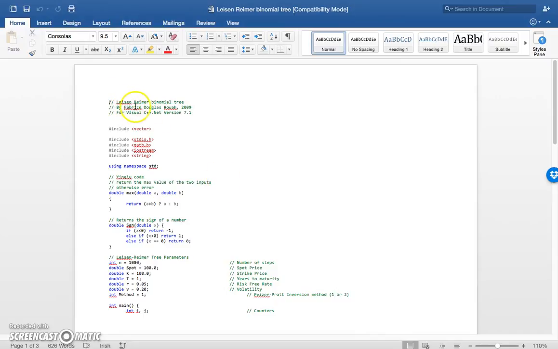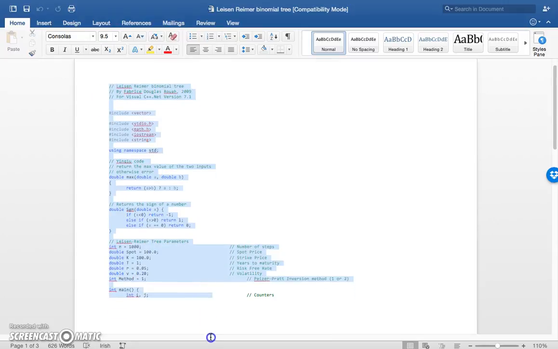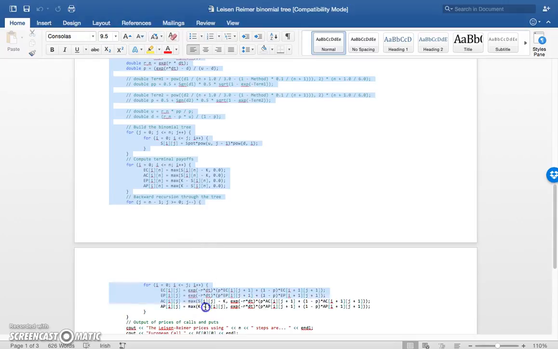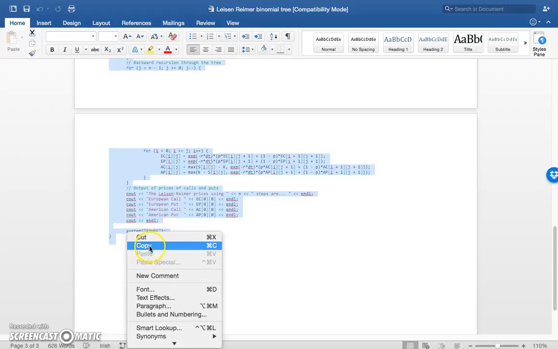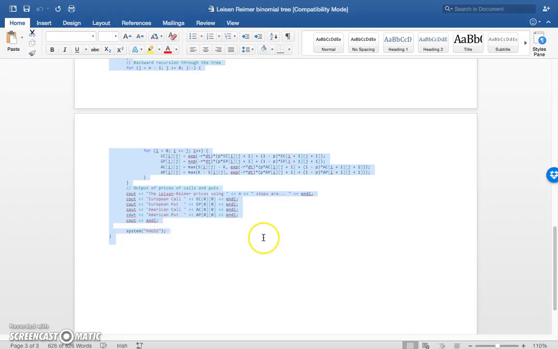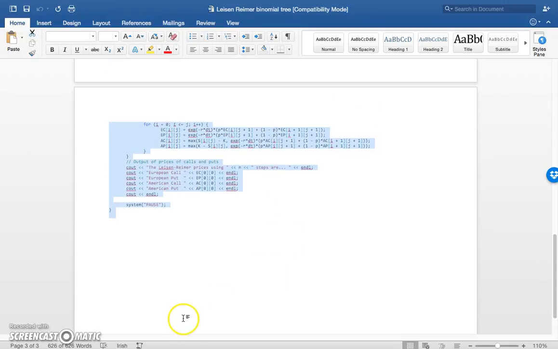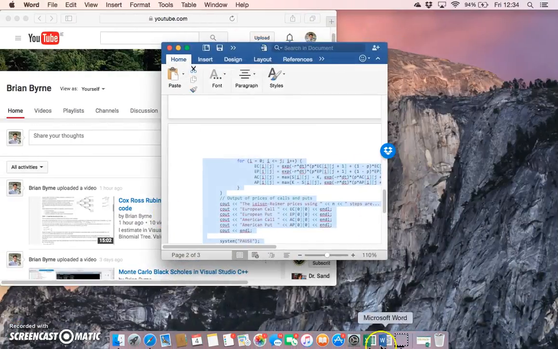It's from Fabrice Roy and it's from Volopta. And we're going to copy this code, which we amended slightly to reflect the implementation of a Cox Ross Rubinstein binomial tree. So we've copied this and we go into